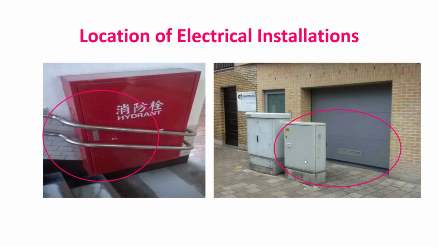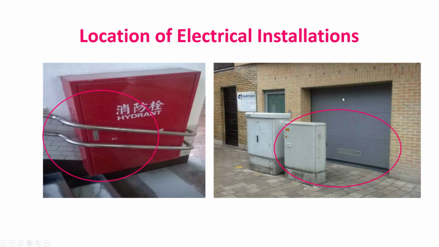So again here you can see on the left side we have a staircase with handrails attached to it. But again these handrails are just adjacent to a location of an electrical installation. So either the electrical installation should not be at this particular location where the staircase and handrails are provided, or it can be relocated somewhere else so that these things are not there.